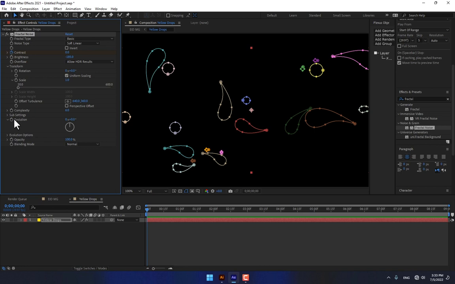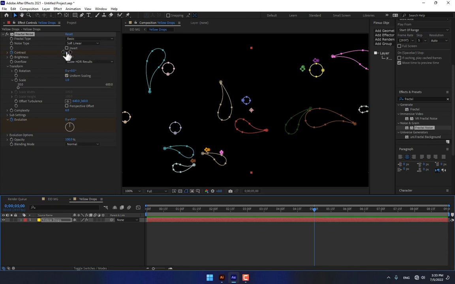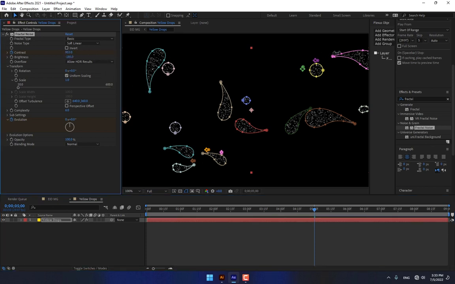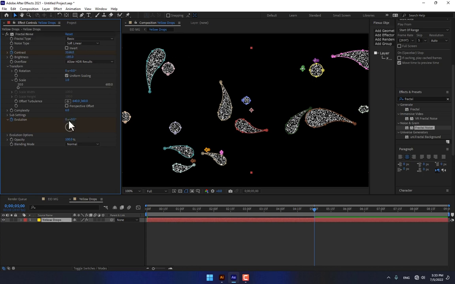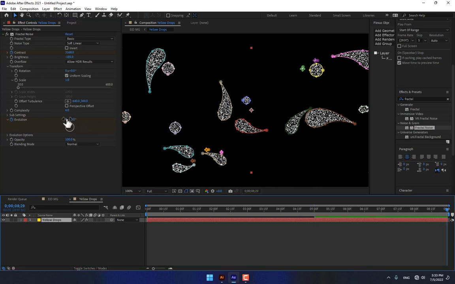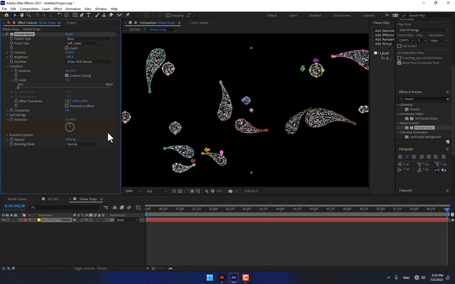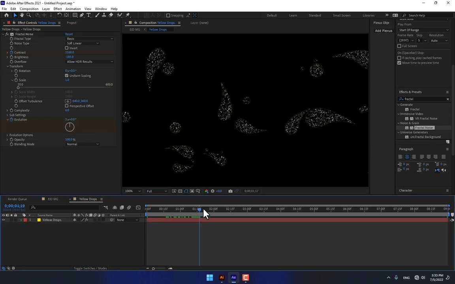Stopwatch the contrast and evolution. Go to 5 seconds and change the contrast to 3000, and change the evolution at the end of 9 seconds to 3. Play now,